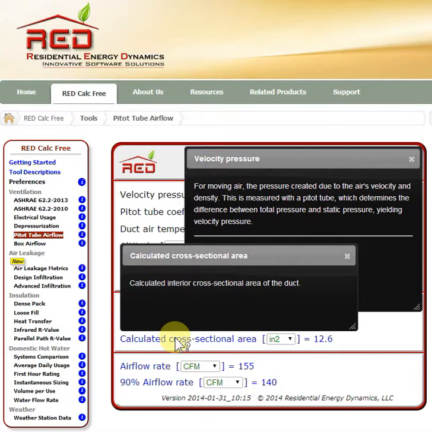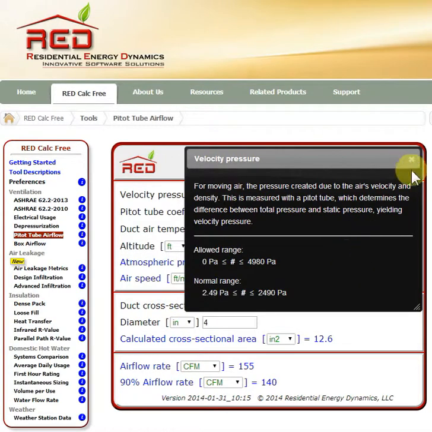I can have more than one appear simultaneously, and then to make them disappear, I click on the X in the upper right hand corner. Please use these often until you become accustomed to the tool and understand how to make the entries. Now, before I